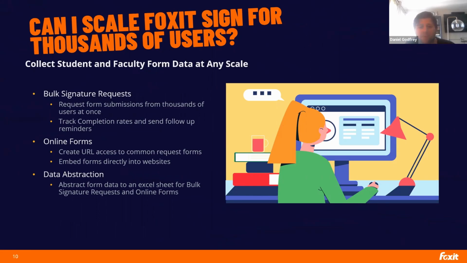So we have multiple tools that allow you to request or collect data from students and faculty. So we have bulk signature requests, which are requests for the submission of documents from thousands of users. Each user will submit their own filled out document with its own document history, where you can go through anyone who has seen or reviewed the document or signed the document, and